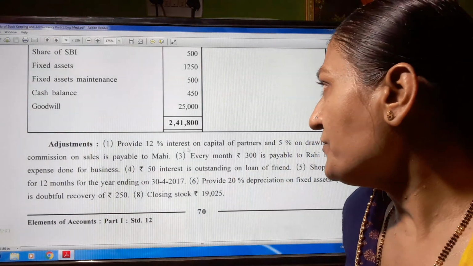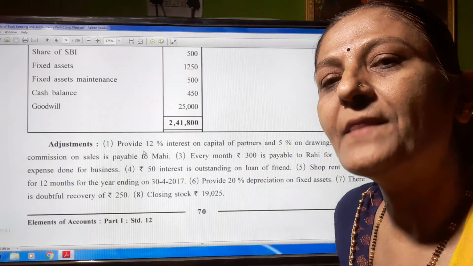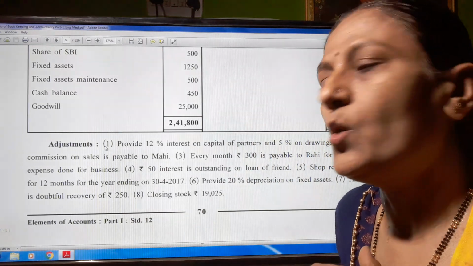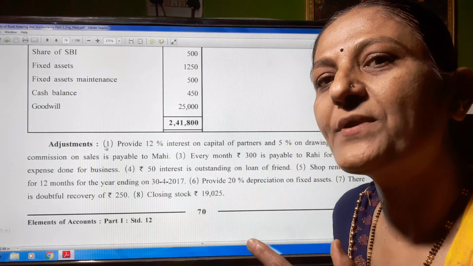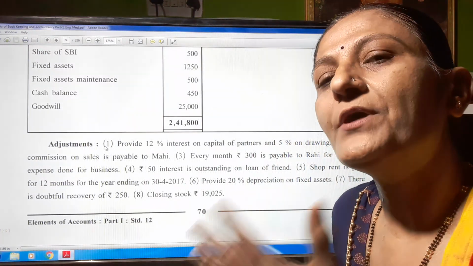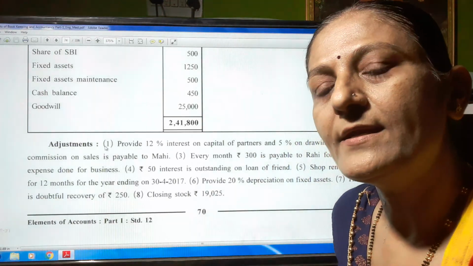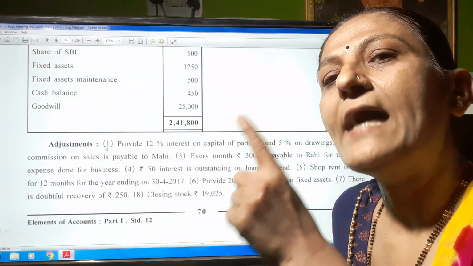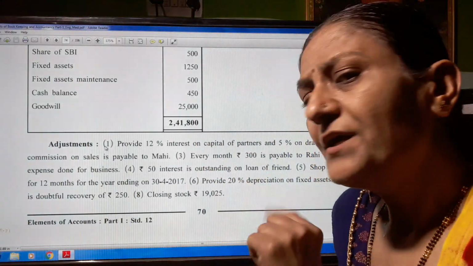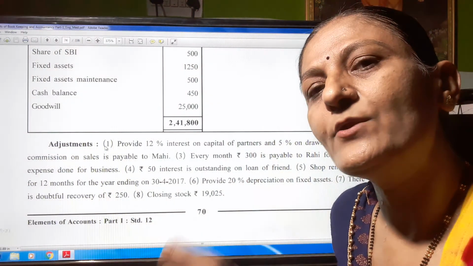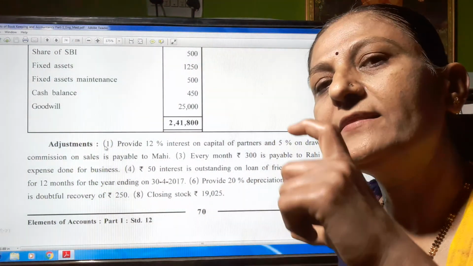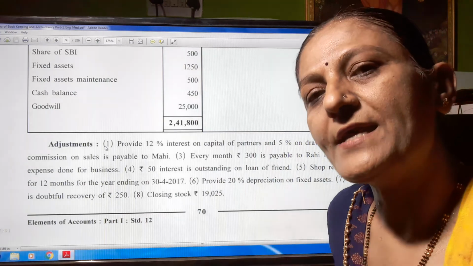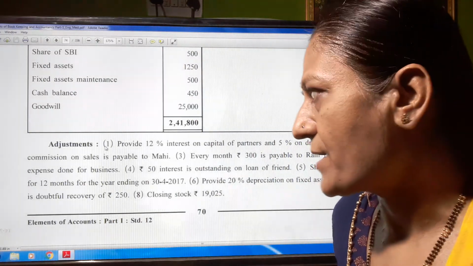But if there is capital and drawings interest, then interest on capital is an expense for the partnership firm, and so we have to write it on the debit side of the profit and loss appropriation account. And if there is a profit and loss account, then also we write it on the debit side. And the second entry we have to write in the balance sheet, capital and liability side. Interest on drawings we also have to add in drawings, drawings plus interest on drawings, and both amounts we have to minus from the capital plus net profit, and afterward minus drawings and interest on drawings.